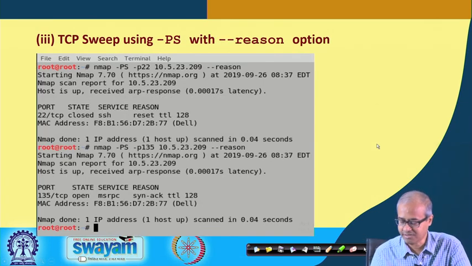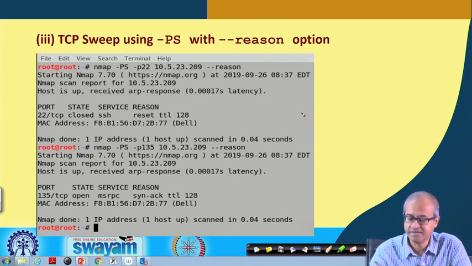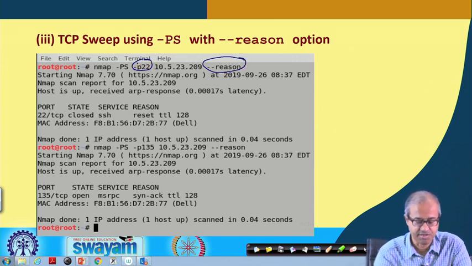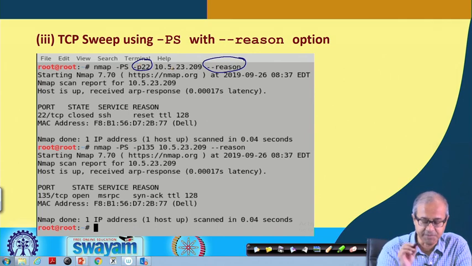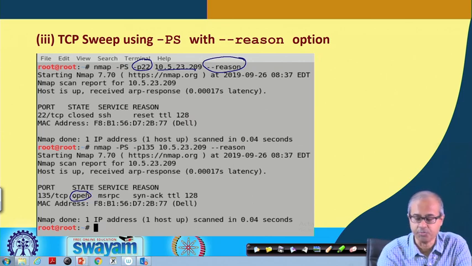There is another example I am giving with this reason option. Here we are giving this reason option, we are scanning a host with port number 22. For this particular machine, port 22 was open, the state is open, final conclusion it is open, and the reason is you have received a SYN-ACK with time to live 128.